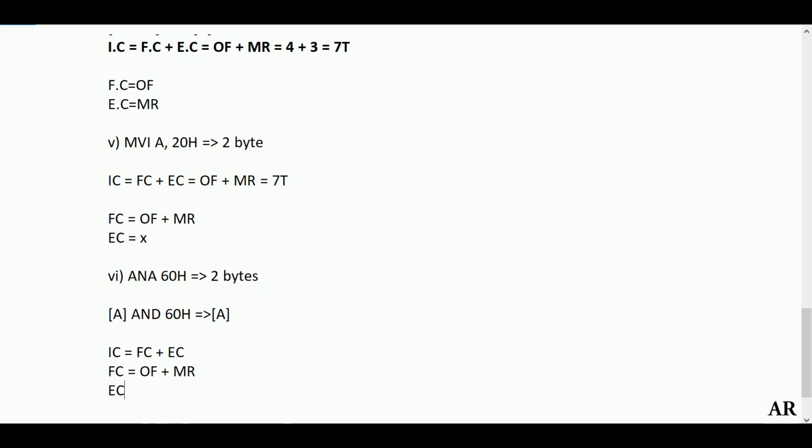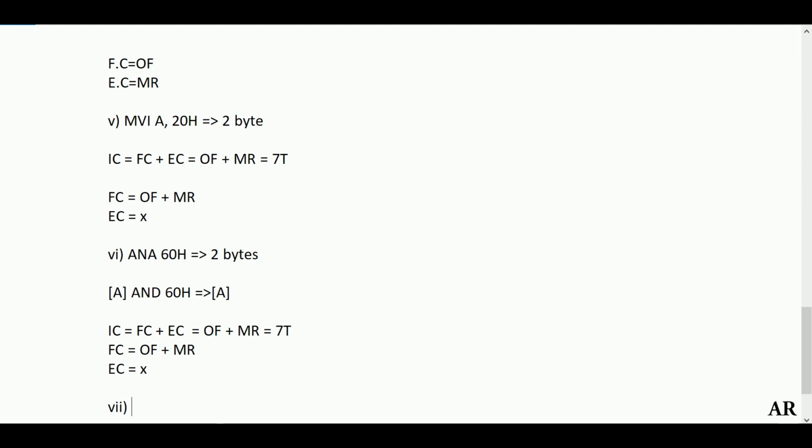What about the execute cycle? In the execution part, the 60H is now already inside the microprocessor because it has been obtained via this memory read. The AND operation has to be performed by the ALU, which is again in the microprocessor. The destination, which is A, will hold the end result that is also present in the microprocessor. So again, no execution cycle will be involved. So this will take opcode fetch plus memory read, which will take 7 T states. We are done with this example.